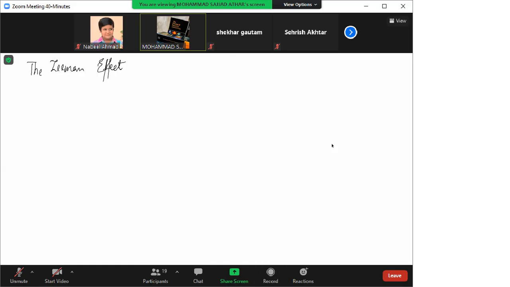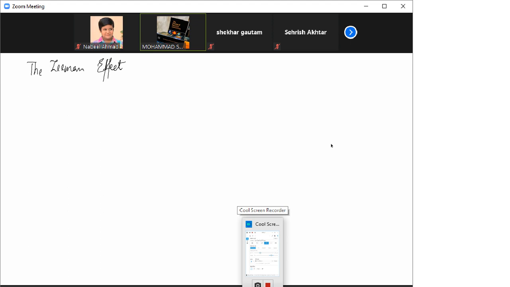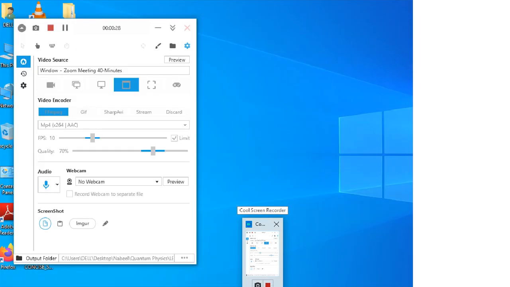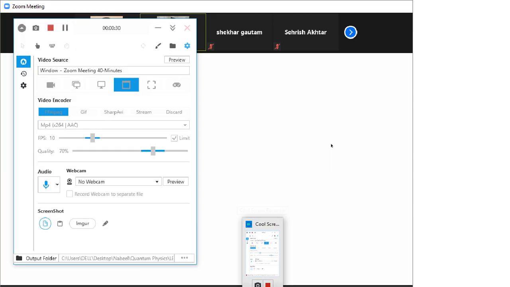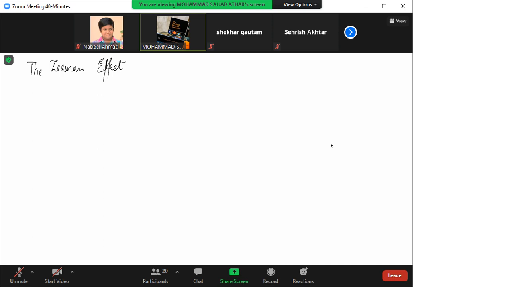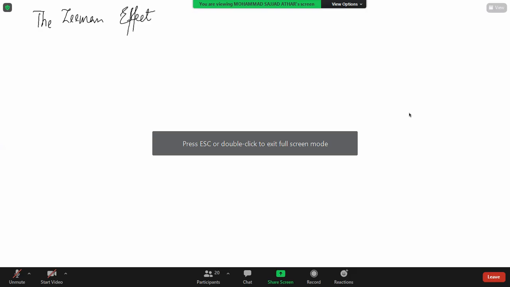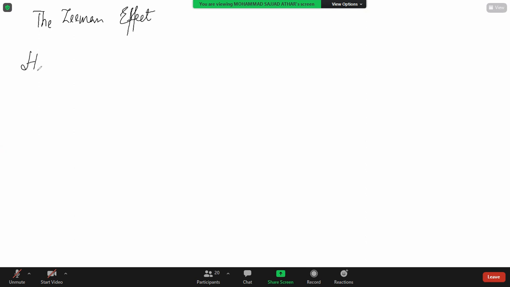And what I had told you is that when an atom is placed in an external magnetic field, the energy levels get shifted, and this phenomenon is known as the Zeeman effect. And for a single electron that we are talking about, the interaction Hamiltonian, or the perturbation, as we are calling it,